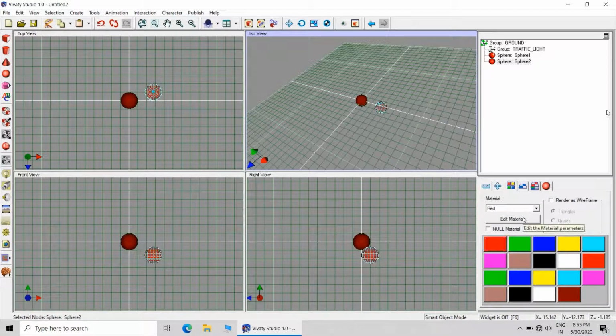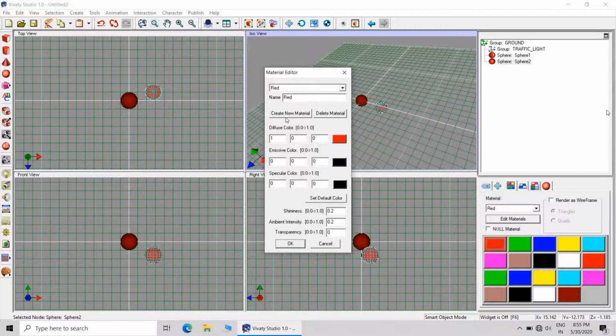Then the second sphere, again the same procedure, create a material. Now again I will be using one shade from the color. Call this material green light, the new material. Then go for choosing the shade.